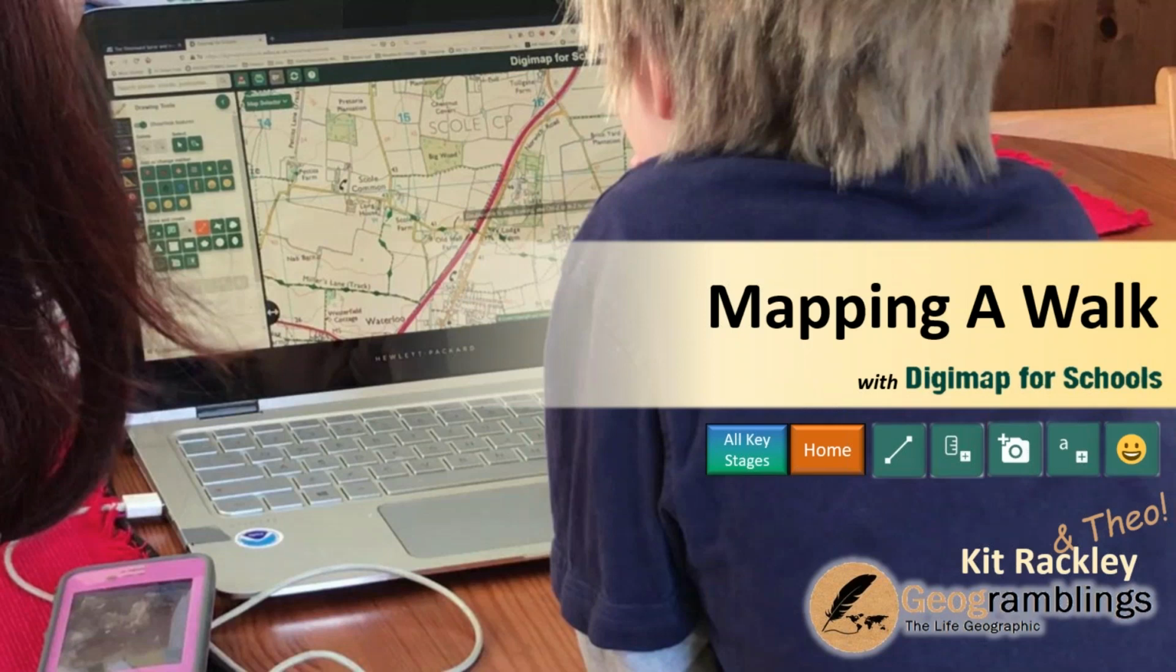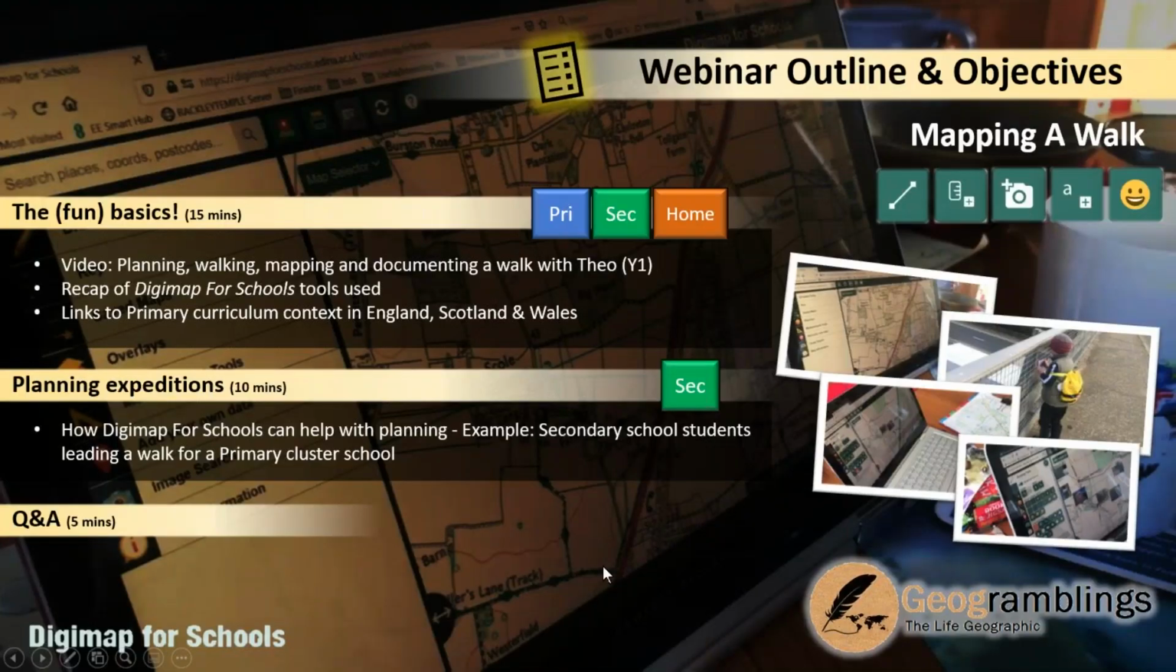And that's Theo. Theo is my 5-year-old son, and he's currently in year 1, and he's been using Digimap for Schools, which is also a good little demonstration of showing that these tools are accessible to the very young. So to give an outline of what we're going to cover today